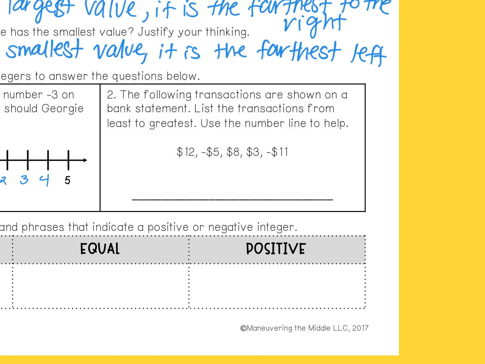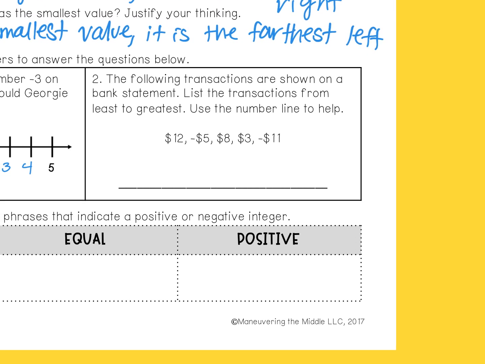Looking at number 2, the following transactions are shown on a bank statement. List the transactions from least to greatest. Use the number line to help, okay? So when looking at these numbers, I've got +12, -5, +8, +3, and -$11. When we're talking about money, whenever you spend money, that would represent your negative number. So if you bought a coffee and it cost you $5, that would be -5 because you're losing that money